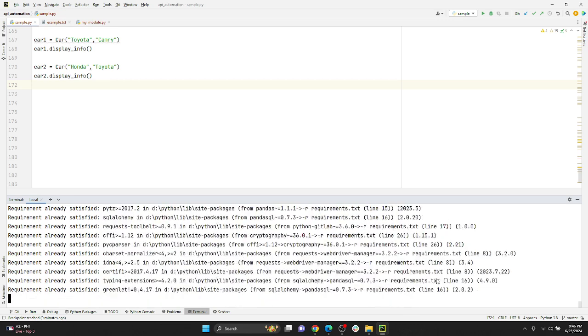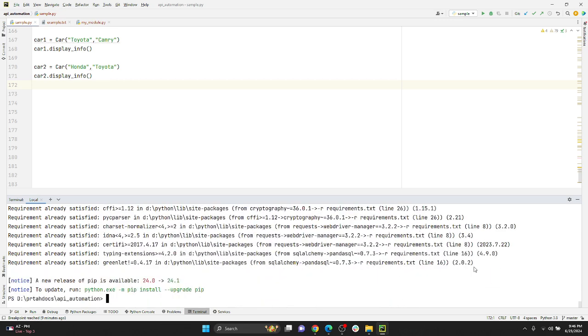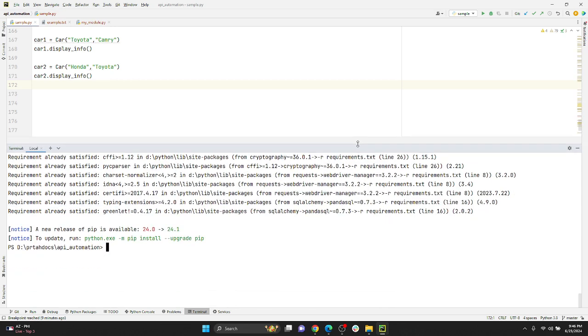Okay. So this will take all the packages that you have mentioned in the requirements.txt, and if anything is not installed, it will basically install that. Okay. So now next is,